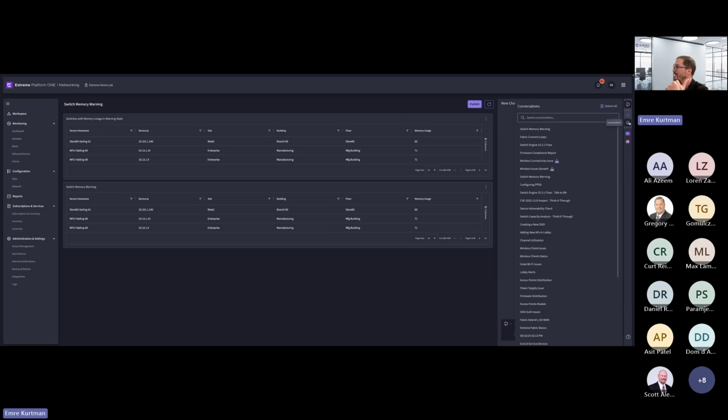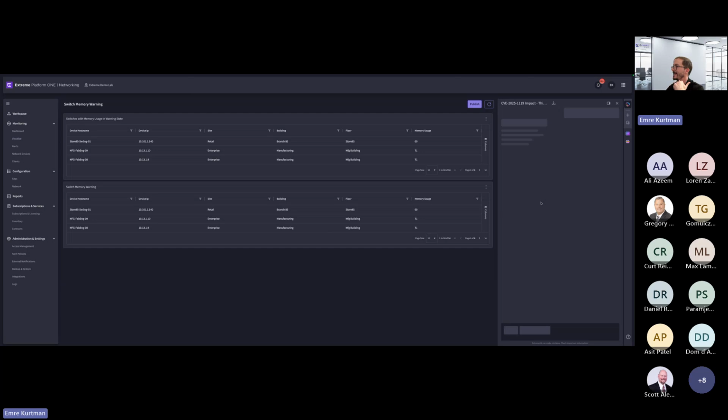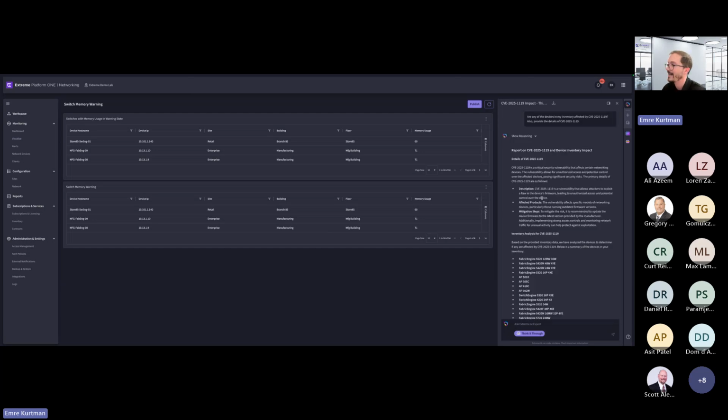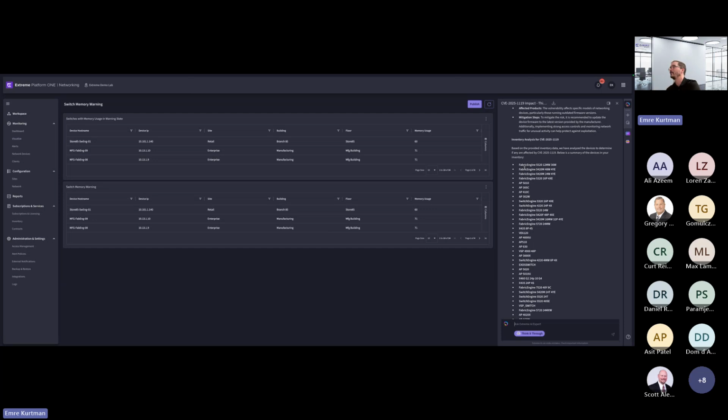So what are some of the use cases? Here, for example, let's say you received an email from Extreme saying that there's a particular vulnerability, a CVE, which might be impacting your network. You can ask this question to AI with the think it through functionality: are there any devices in my network affected by this CVE? And also provide the details of what the CVE is. It pulls up the information from the public knowledge base, gives you the details of that particular CVE, and then it does a full inventory analysis of your network and provides you all the affected devices.